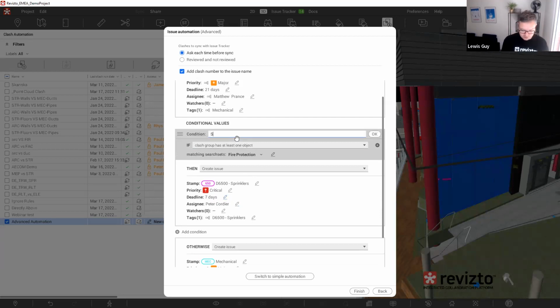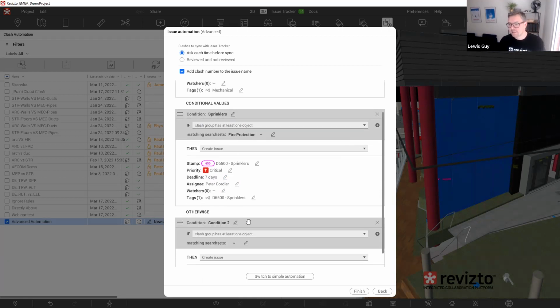I can give this a name as well. So we can call this sprinklers. I can add more conditions in. So I'm going to go in here and we will call this one